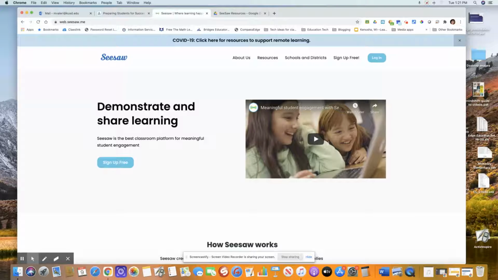Classroom teachers that are rostered through our student information system get assigned a class and an account through Infinite Campus. Anybody else, all of us who are support staff or substitute teachers or have another role in the district, if a Seesaw account is needed, you simply come to the website